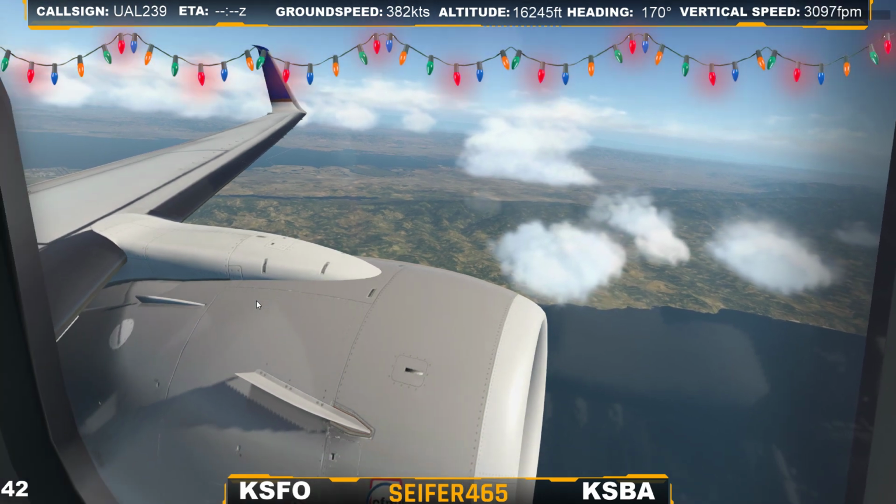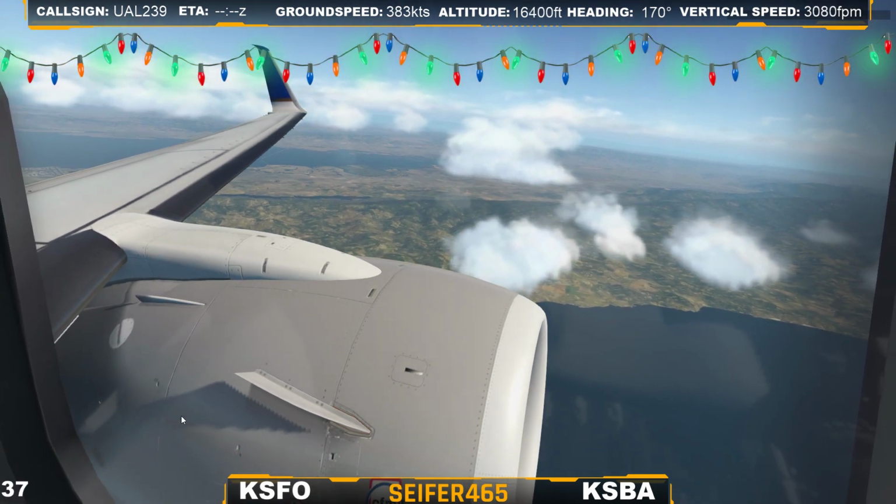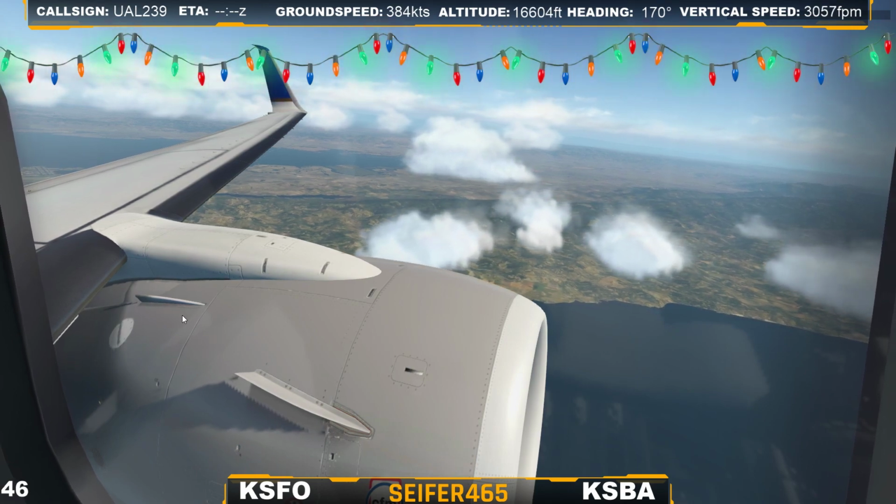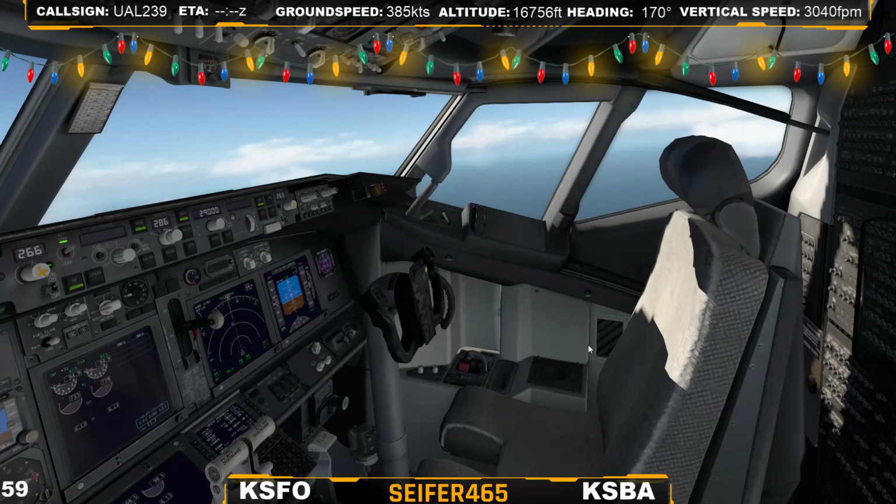Yeah, I'm glad it's not fuzzy. There's something wrong with X-Plane. It's not my computer or my sim. It's actually a known bug that the shadows can be kind of blocky. The cockpit ones,